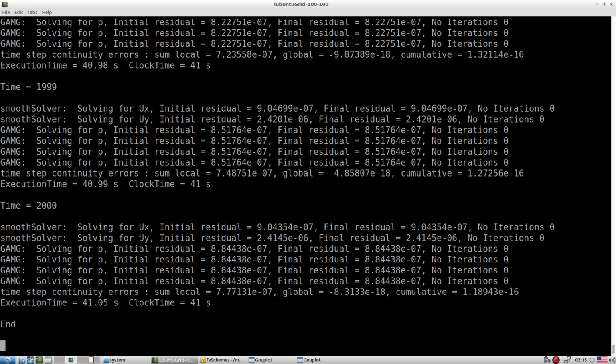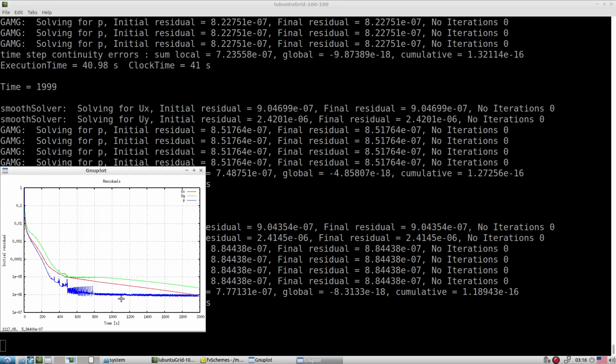Okay, and this y component of velocity didn't converge up to that mark. Why didn't it converge? It depends on the mesh size as well. If we refine the mesh, maybe it is going to converge to 10 to the power minus 7 as well. So it depends on the mesh also. Sometimes you see this flat portion. Look, this y component does not exactly reach 10 to the power minus 6. It's very close to that, but it's still fluctuating. Until this y component goes down to 10 to the power minus 6, it's not going to